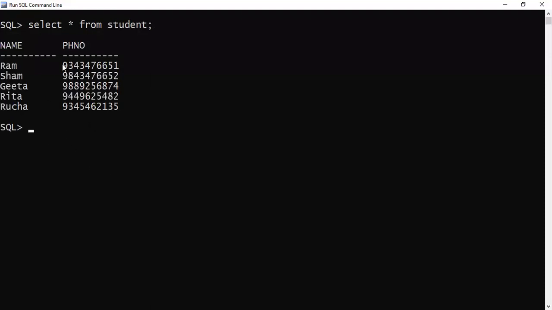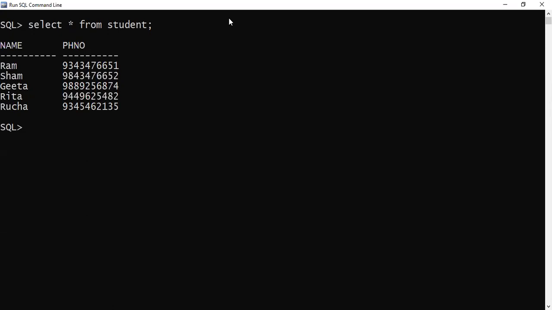Can you see my table here? Yes, ma'am, I can see. Two fields, name and PHNO. Name has a data type varchar. Same way, PHNO also has a data type varchar. So initially, I created a table with two fields, both of the data type varchar, and I have also inserted the records in that. Now, what I want to do is, through my Java program, display these records in the Java output.